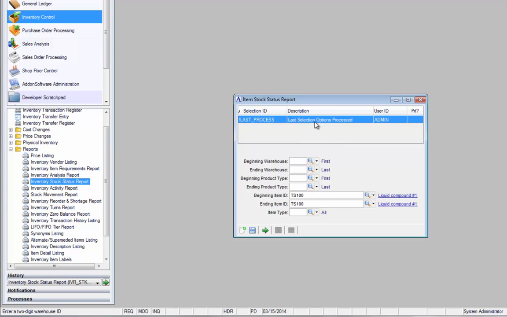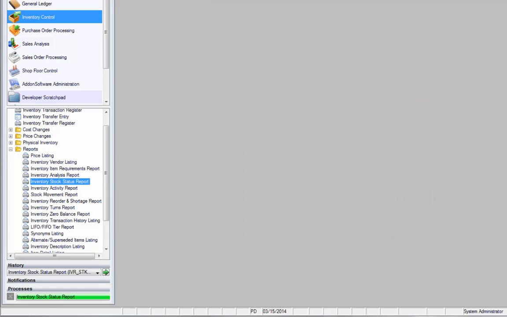Now, I double clicked here, which is a handy tool that you've probably already seen within the application that lets you very quickly return to the last selection criteria that you used, so you don't have to re-enter all of the information each time. So I double-clicked, which filled out the form for me with my item number, and I